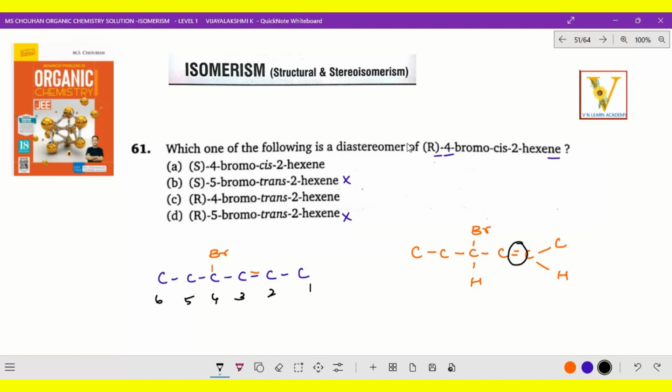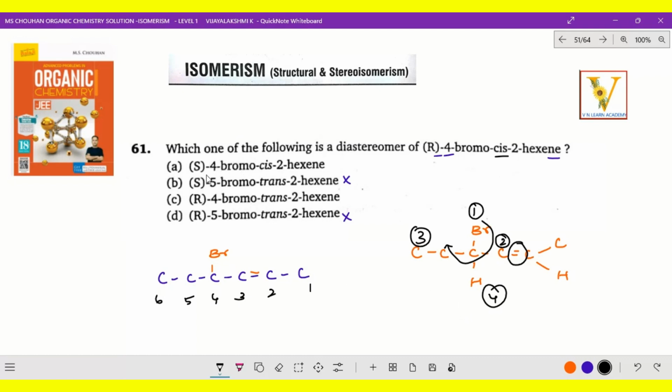As we are going for RS configuration, this is 1 and this is 2, right? And this is 3 and this is 4. So that means how that thing will be coming. Yes, our configuration is there. Now according to this, we have to check which is trans. Here they have given cis. Now we have to check which is a trans. Completely easy way, logical way of thinking.